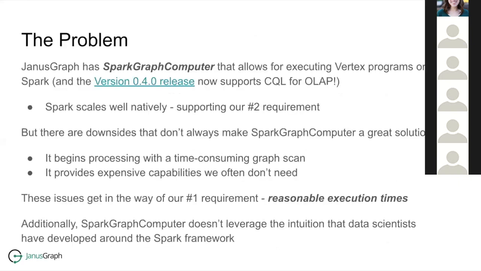Can we go to the next slide? Thanks. And so one of the biggest problems that you might run into if you use Spark Graph Computer to execute this sort of OLAP logic